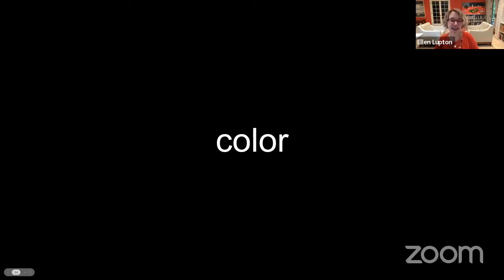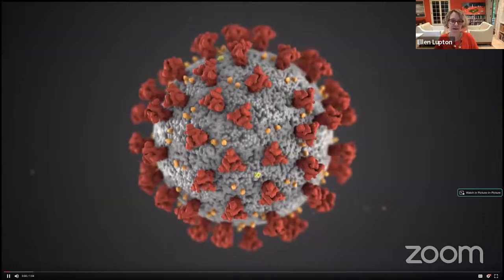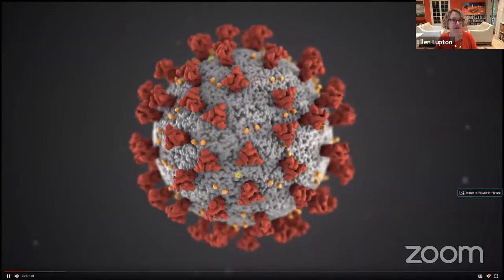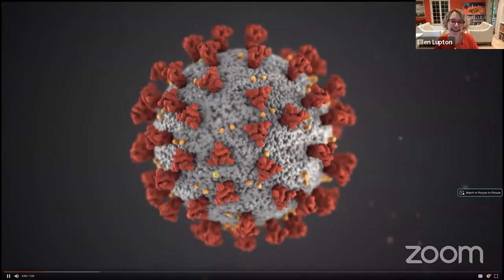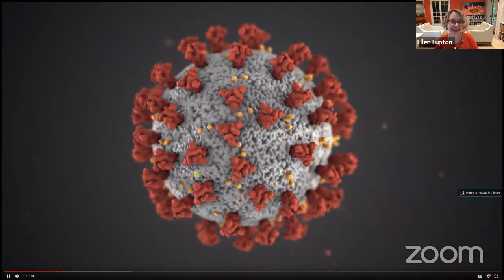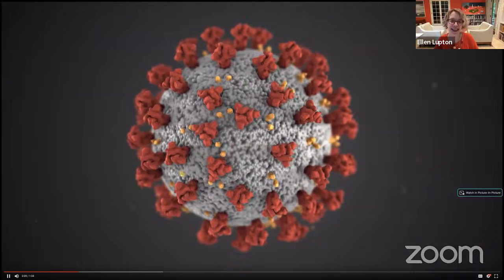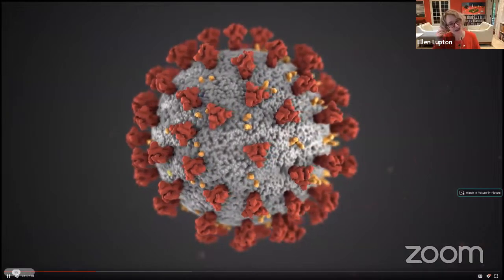So let's look at color. Color is such an essential form of communication. And this is another really famous graphic of the pandemic that is also in the collection of Cooper Hewitt.